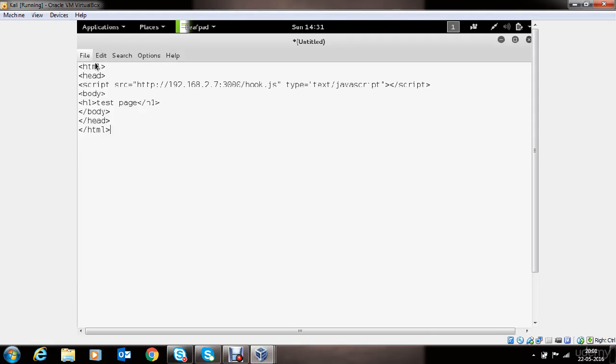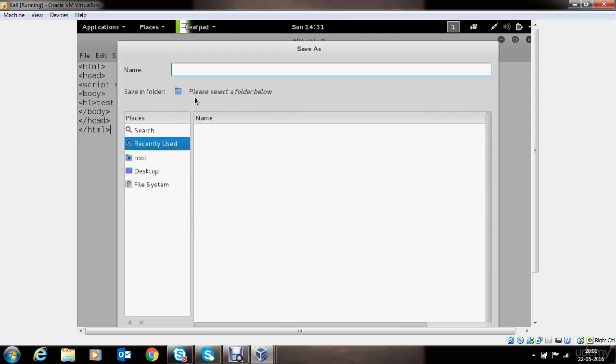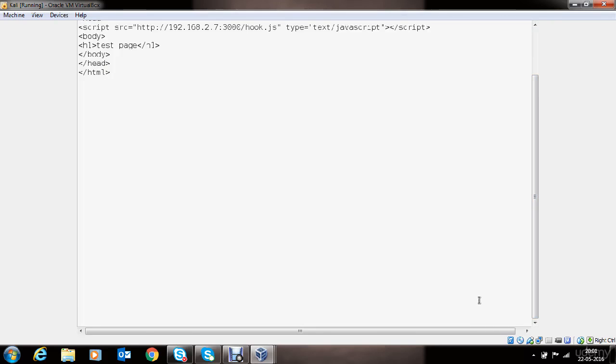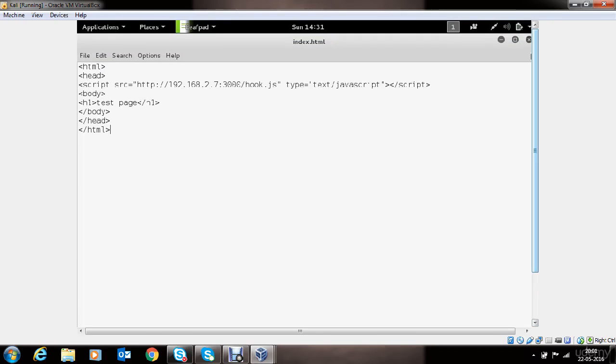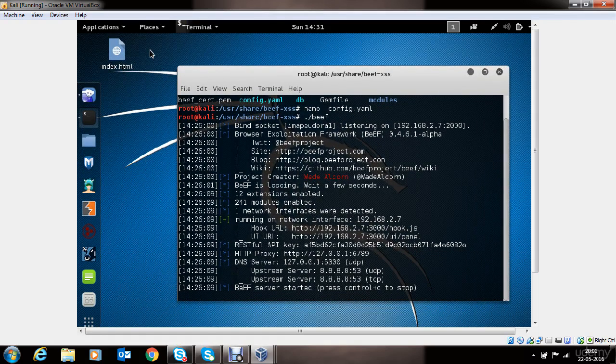Now let's save this index.html file on the desktop. There we have the index.html file. Now one way to trick the victim into opening this HTML file is to send this file directly to the victim and ask them to open this page somehow,